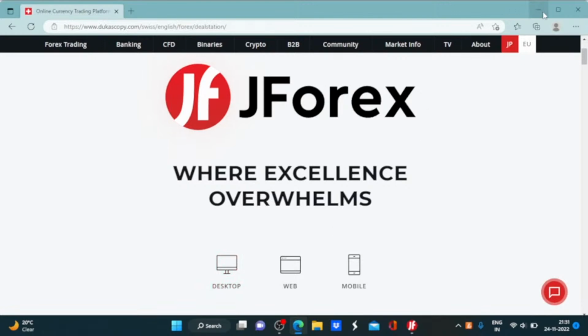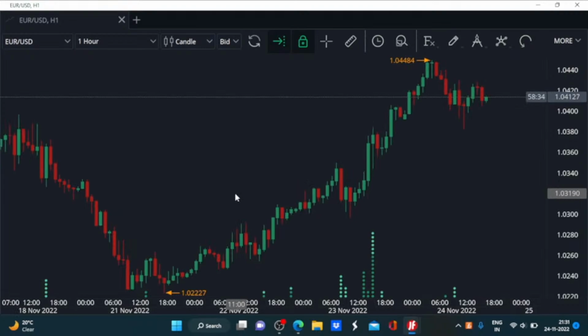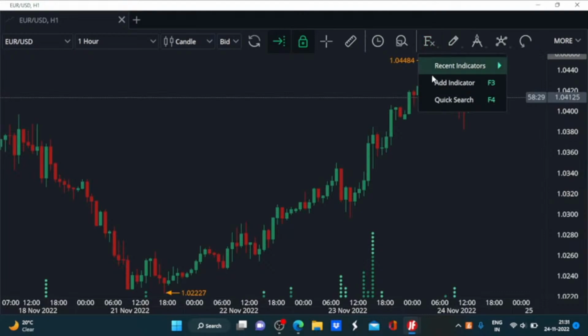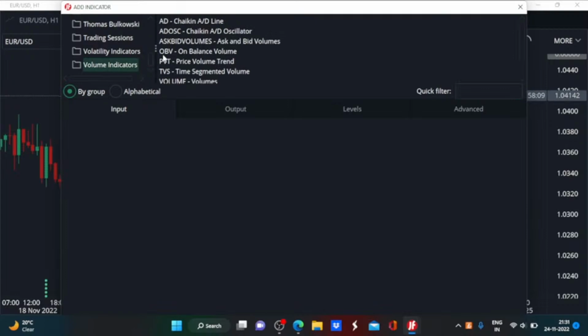So let us now head to the JForex 4, the newly released trading platform from the Dukascopy Bank SA. This is the Euro USD chart drawn on the hourly time frame. For finding this indicator, there are two ways to go about it. You can go for the add indicator option. There you will have to know where this indicator is listed, and for that you will have to go to the volume indicators. Prior to this, we will be looking into the volatility indicators. Now it's the turn of the volume indicator, and this is the first indicator of the series AD, Chaikin Accumulation